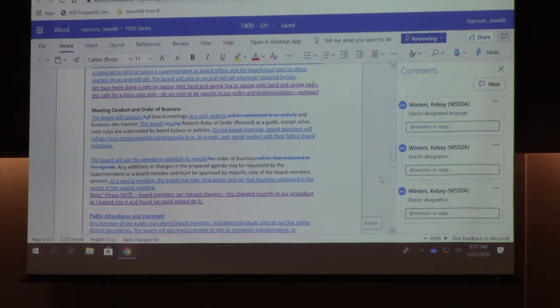Well, and then, you know, I read all the policies before I started too, and I've been to a lot of board meetings, so I see that that's how it's done. But for someone completely new, it would be helpful to be able to see that you raise your right hand. It's picky, but Karen does write that in the protocol. She writes it up, so you could read the protocol. No, I totally understand what I'm saying. Somebody that doesn't have that in front of them, which most of the audience does not, and if they want to run for the school board and they're sitting in the audience, it just develops all that.